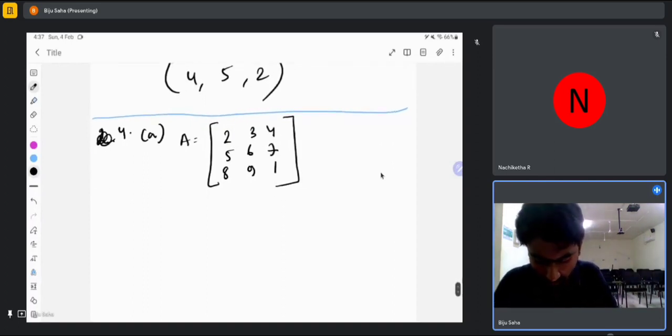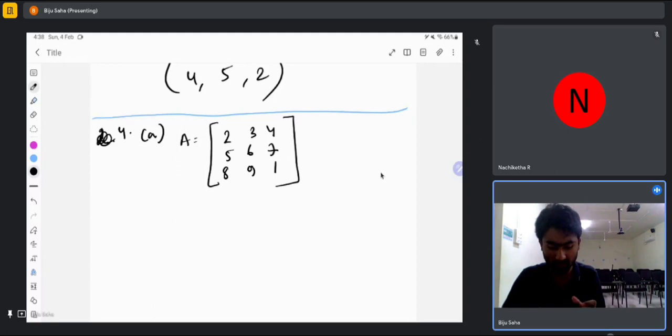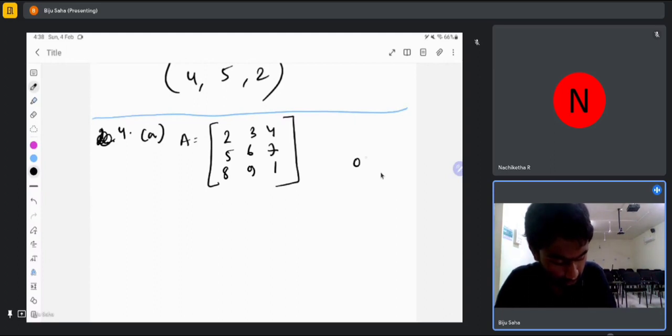In this problem we will always look for making a particular element 0. If you are able to make a particular element 0, then remember we were adding the minor